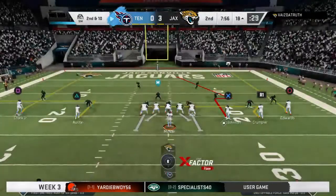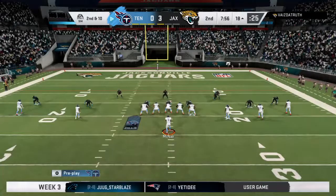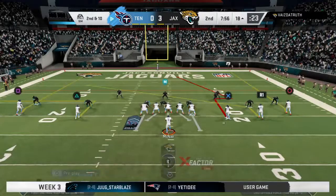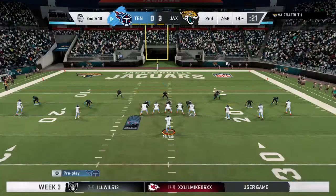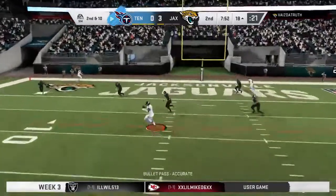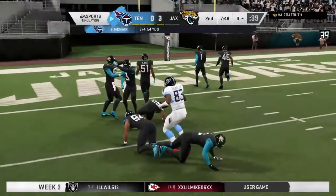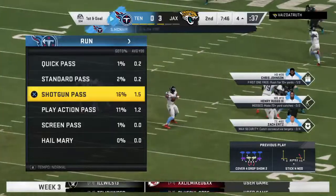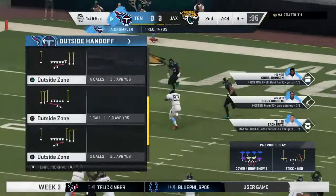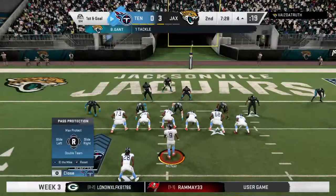After the incomplete pass, here now is 2nd and 10. To throw again, McNair. And this is caught at the 8. And all the way down inside the 5 to the 4. His first catch, good for 14 there and a first down. First and goal at the